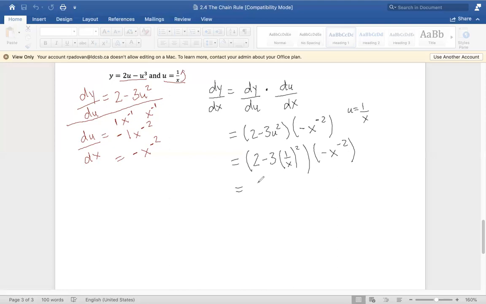So if we write this out again as 2 minus 3, 1 over x squared, and I just use different brackets because I have another rounded bracket within the square brackets, and I'm going to multiply that by, again, the -1 would stay on top. And I would bring that x to the power of -2 to become x squared in my denominator. When I flip it, the negative becomes positive. So now I'm going to evaluate